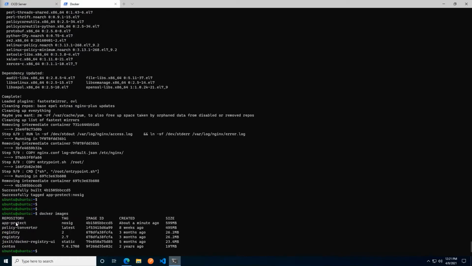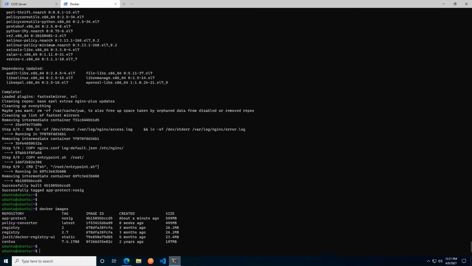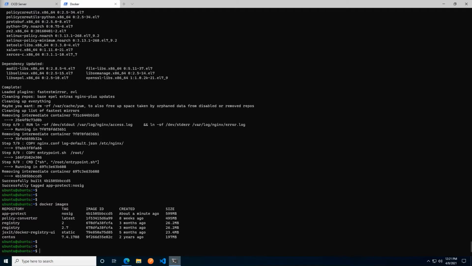And you'll see at the very first line, we have our App Protect with the tag of NoSig. It'll have an image ID, and this is actually just part of the image ID, but nonetheless, it was created about a minute ago, and it's 599 megabytes in my measurement. Excellent. So we have an image created now that we can spin up one or more containers based off.